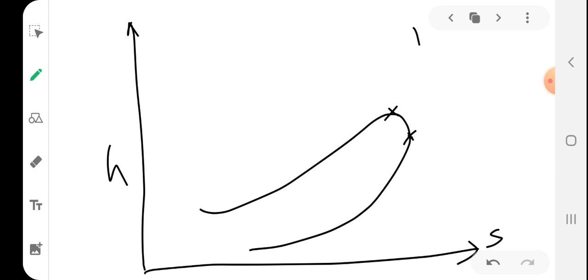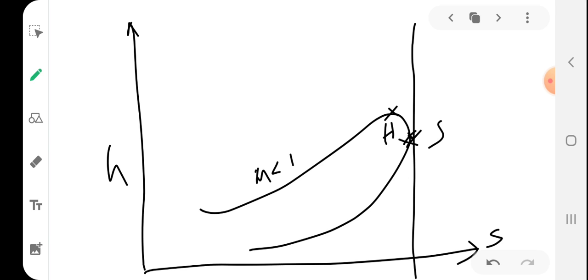stagnation values. So you know what is stagnation value, right? So I am drawing a line along the capital S point, capital S, this is capital H. Okay, so the stagnation, if the upper part will be subsonic, I will explain why it is subsonic. Lower part will be supersonic, because static enthalpy value will be